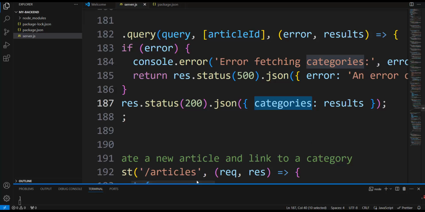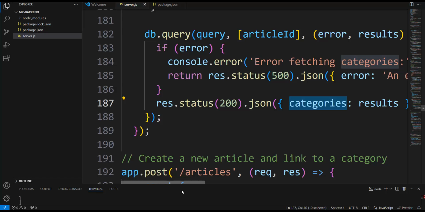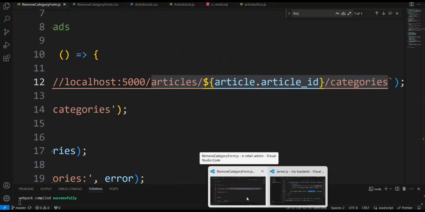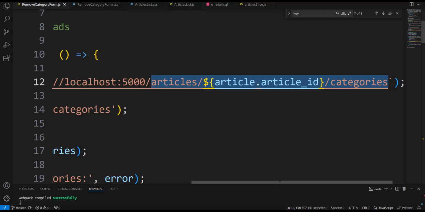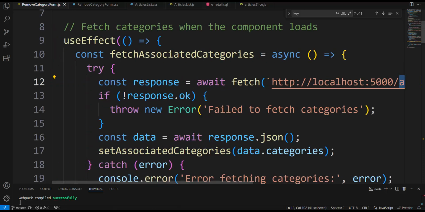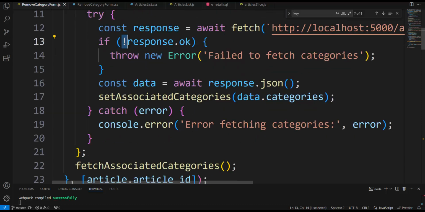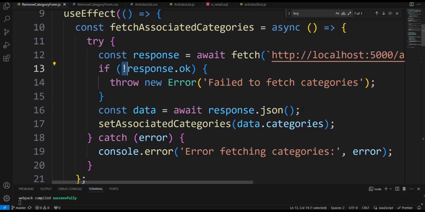We have categories back to our React component. Go back, here it is. After that request, if the response is not okay, we throw an error. If all is okay, we declare the constant data. Here ChatGPT used fetch, and fetch is included in React. We don't need to install something like Axios, but fetch,